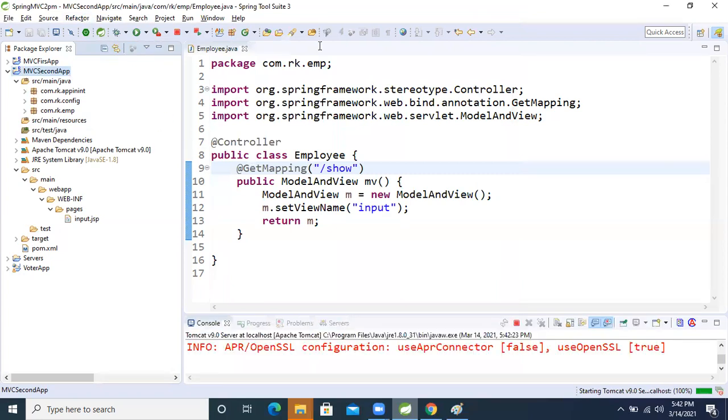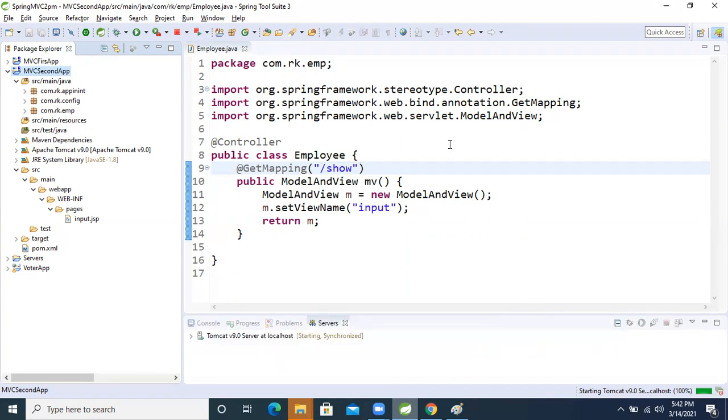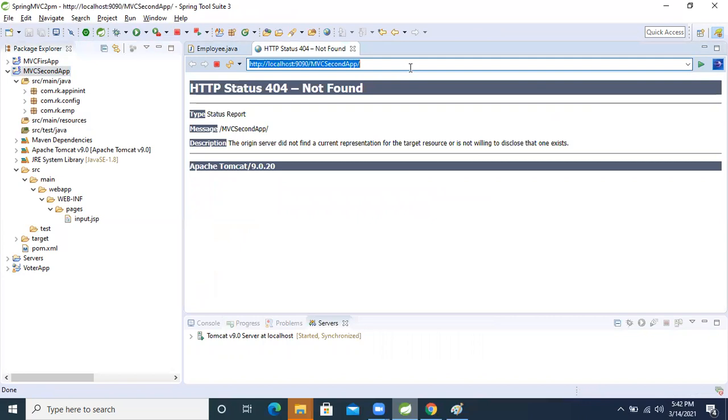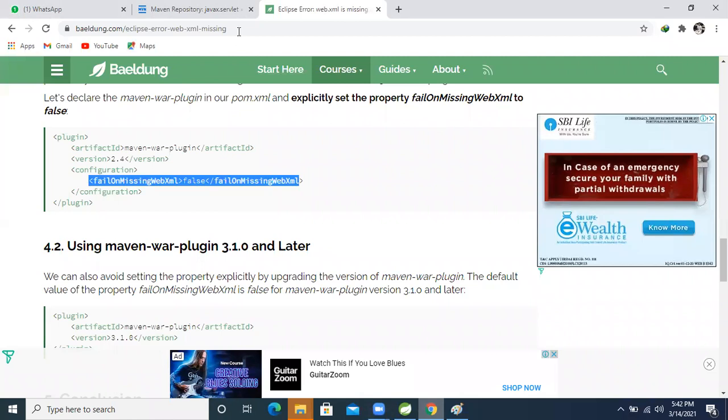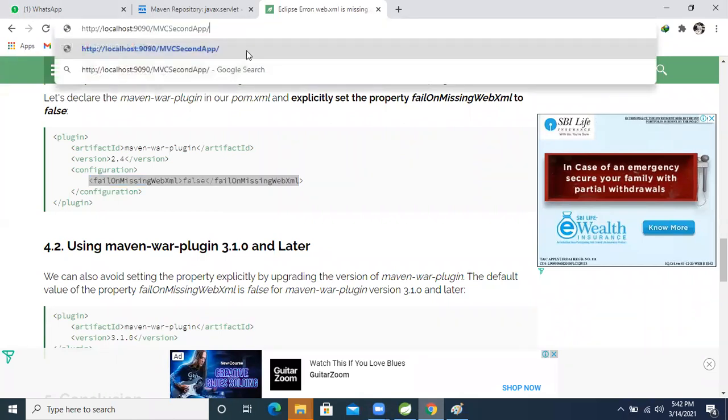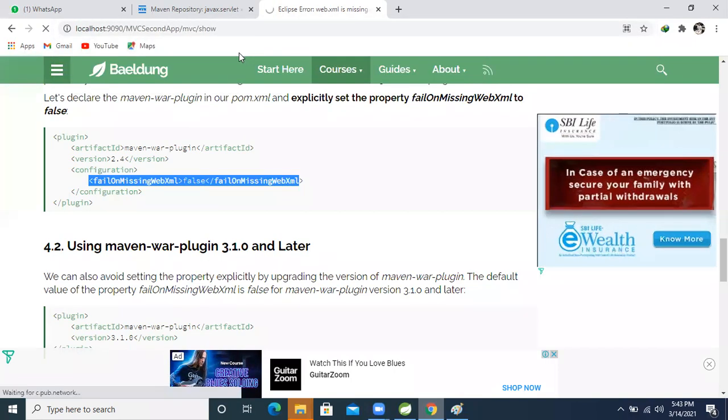Wait, it will show. Okay, come to the browser. Now paste it, okay na? MVC slash show method, so just hit it.